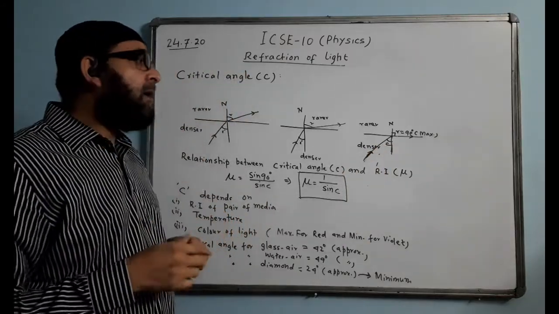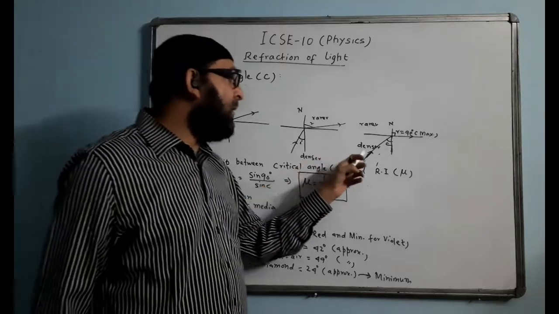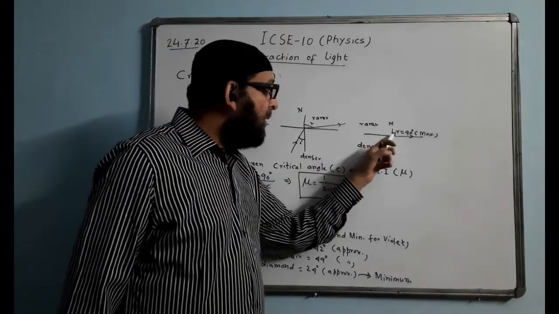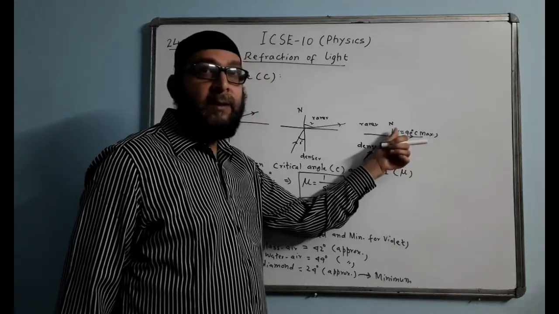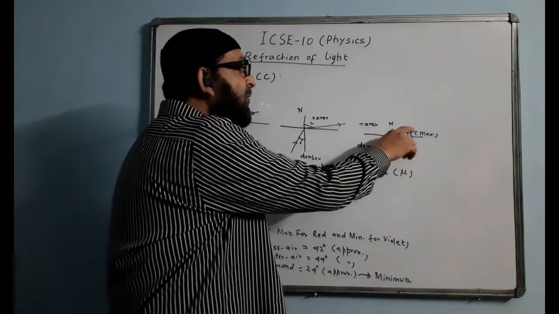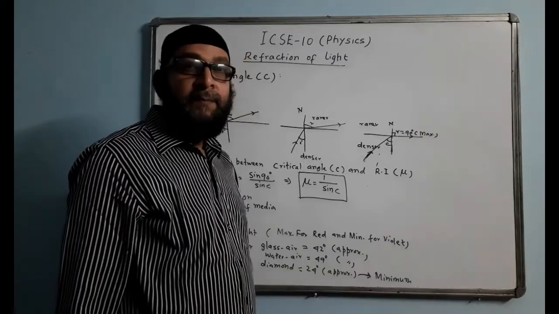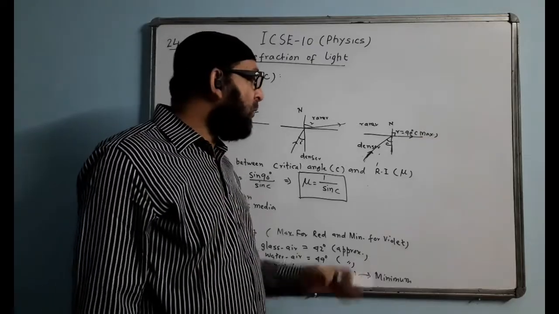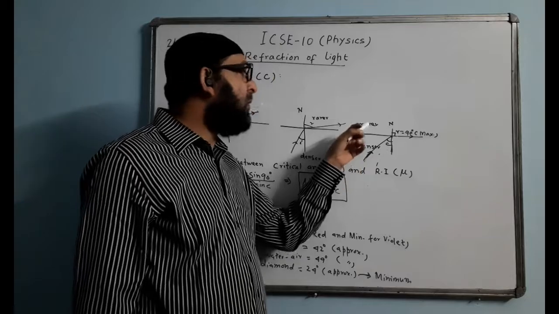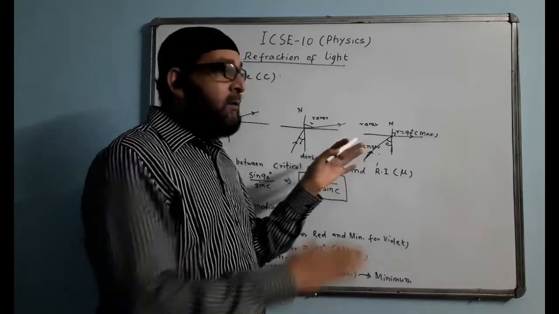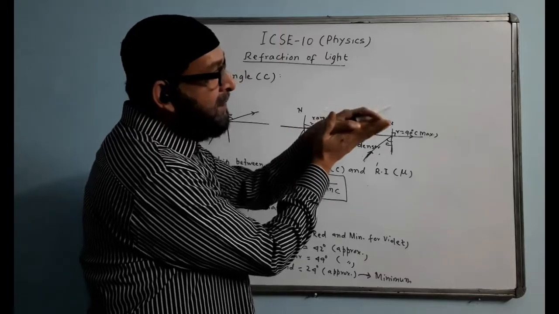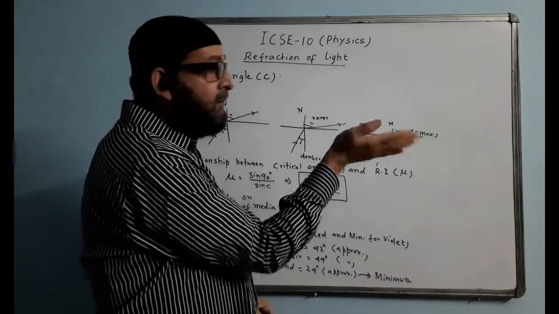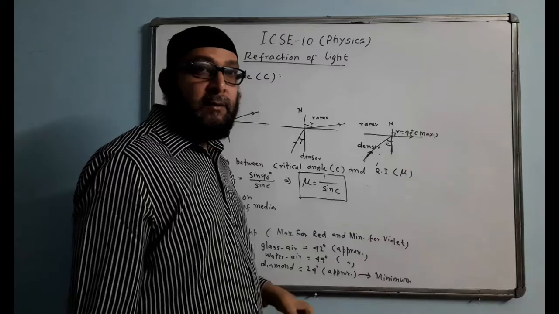So in a single diagram, critical angle we show by this diagram. C is over here, then this angle will be exactly 90 degree. R value will be exactly 90 degree, meaning the angle of refraction will be exactly equal to 90 degree. When will this happen? This happens only when the ray travels from denser to the rarer medium. So the angle of incidence is here, the angle of refraction is increasing. A time comes when it just touches the surface and comes out here.